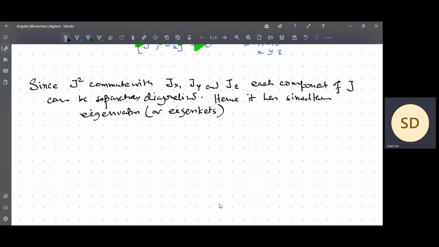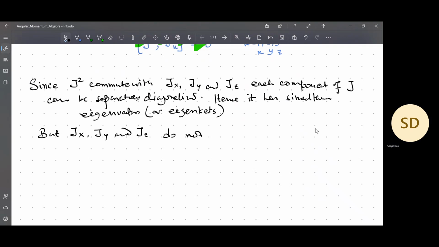Okay. Now, Jx, Jy, and Jz do not mutually commute. That we have seen because the commutator of Jx, Jy has a cyclic permutation that is related to i h bar,